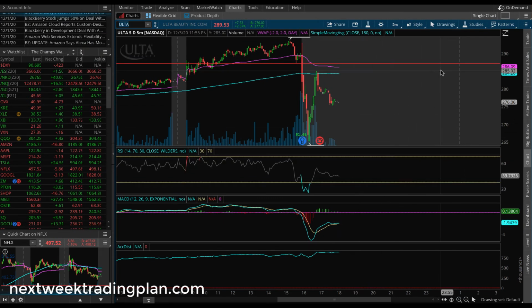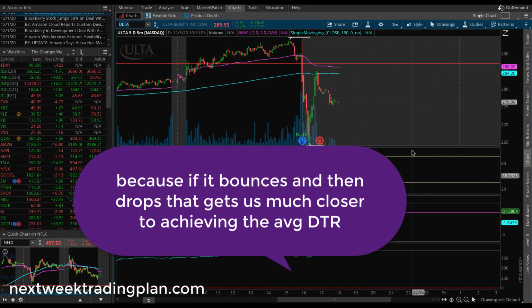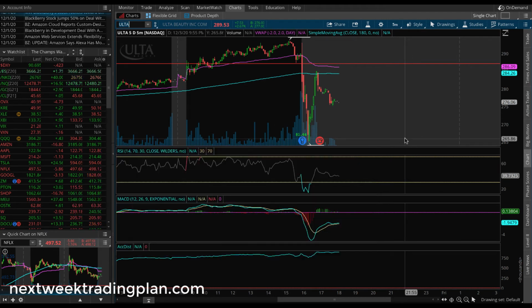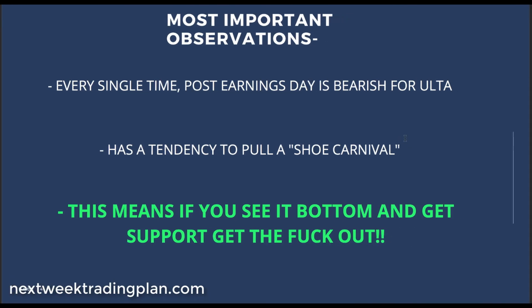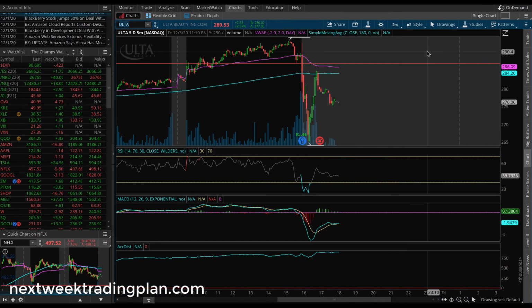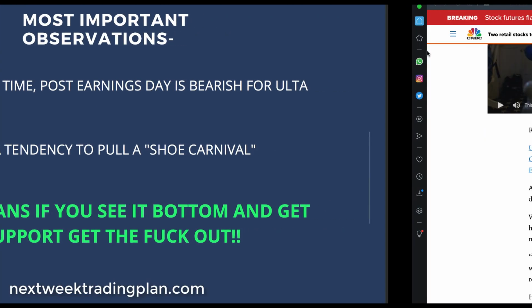If our expected finish is 266.8, then we probably expect it to bounce and then drop back down to 266.8. But when they just miss this bad on earnings and everything, I just don't expect it. But that's what the stats say, so let's keep it in mind. Once again, stats are to give us that baseline that we need. And the Shoe Carnival, meaning it could recover on us, but highly doubtable because they just missed earnings. They released bad guidance, so I highly doubt they're going to recover, especially